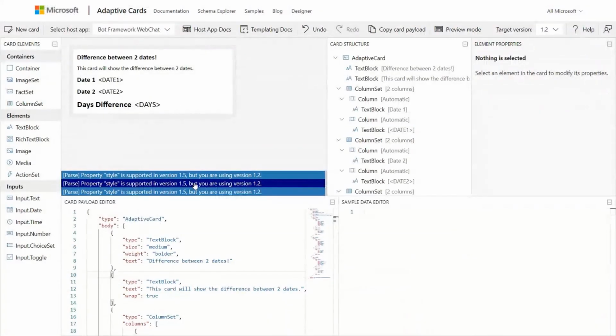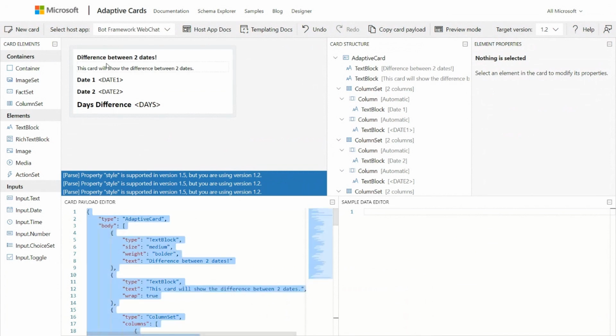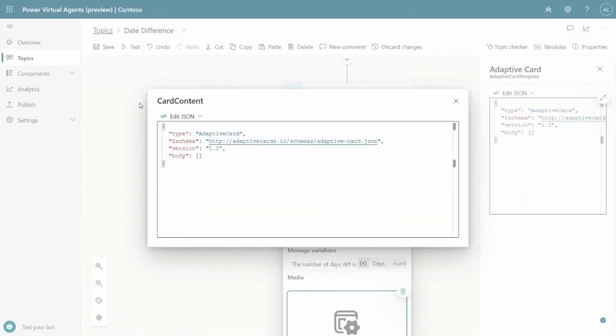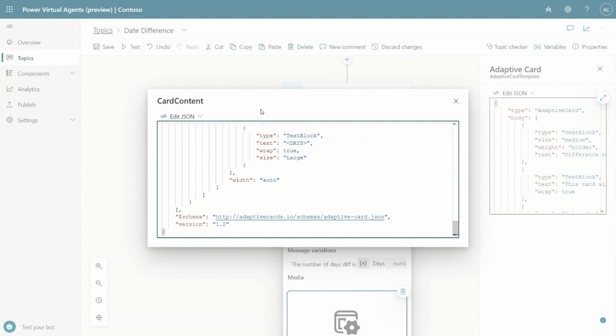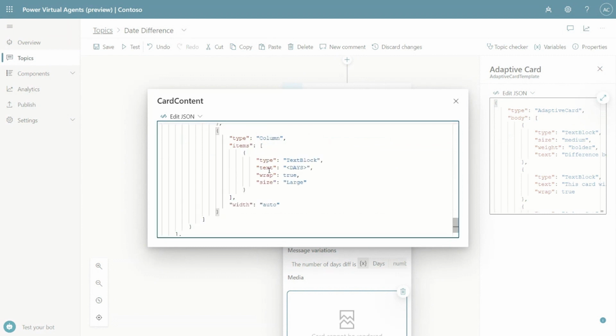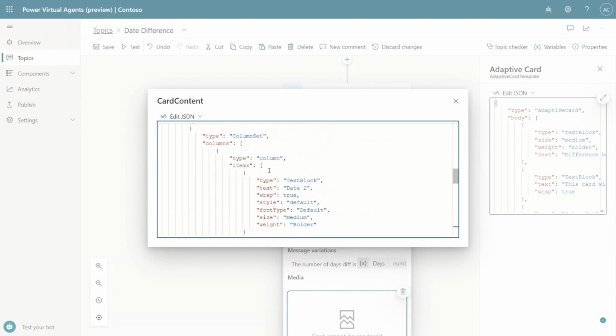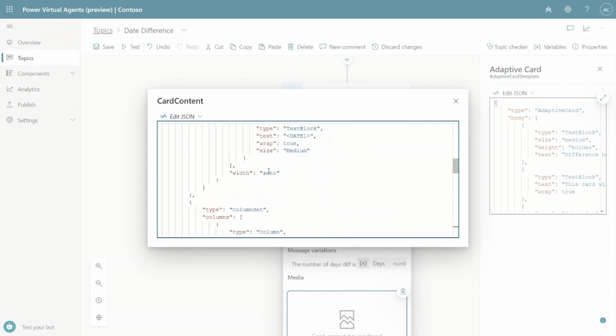Now, what I've done is I've already been over at the adaptive cards designer, and I've designed this card, where I have placeholders for date 1, date 2, and the number of days. But I think you'll agree it's a bit better of a way to display this information. So switching back, I can now simply paste that JSON straight into the designer. And once I've done that, that's great. I could go ahead and use that to display a static card.